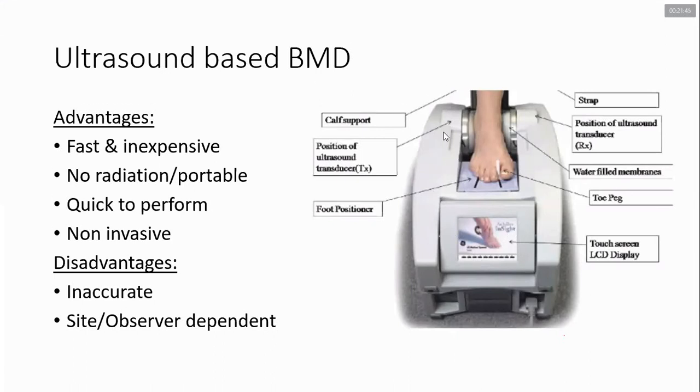But the fallacy is that it gives quite significant false positive results. If the technique is not proper, or if there are underlying conditions such as osteoarthritis, it tends to misread that as osteoporosis and gives a false positive result. So the only disadvantage is that it is quite inaccurate, so you don't want to treat based on ultrasound based BMD. Okay, and again it is, as I said, observer and site dependent. One time you do it, you get osteoporosis, the second time you might come out normal, and it is quite